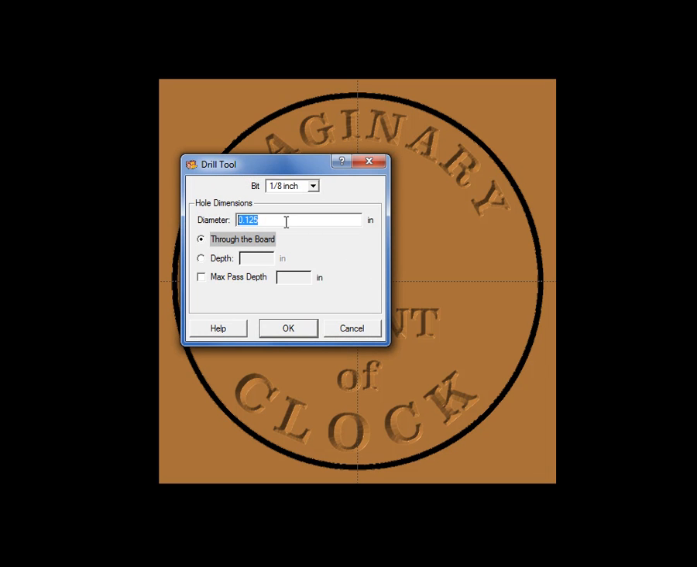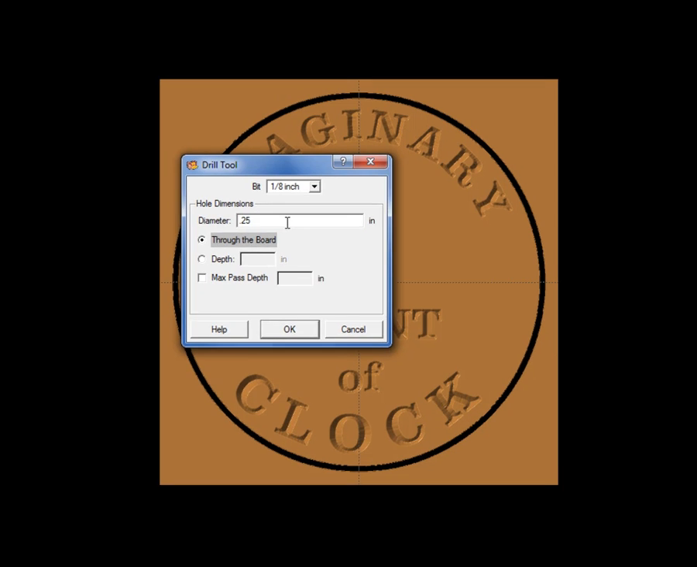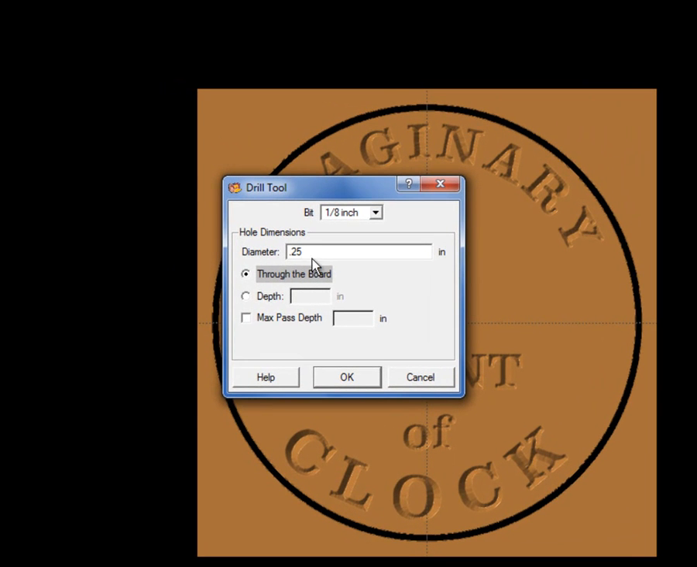Let's say the shaft is a 1/4 inch in diameter. Now we could leave this at through the board. We know that the back is going to be carved away first, so there's really only a 1/4 inch of material left. We could, if we wanted to, set the depth to just slightly over a 1/4 inch so that the bit would pass all the way through the material that's left, but I'll just leave it at through the board. Click OK,